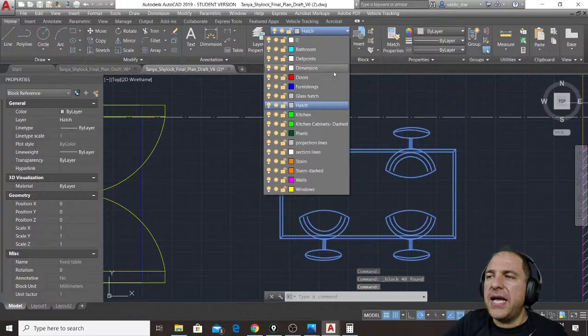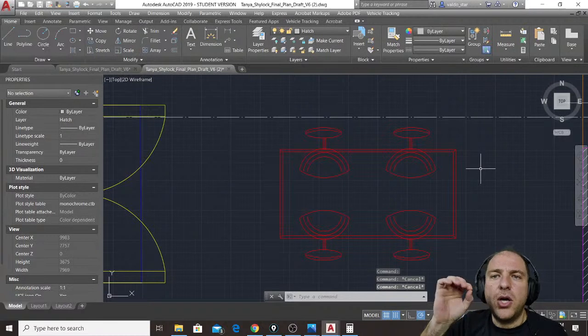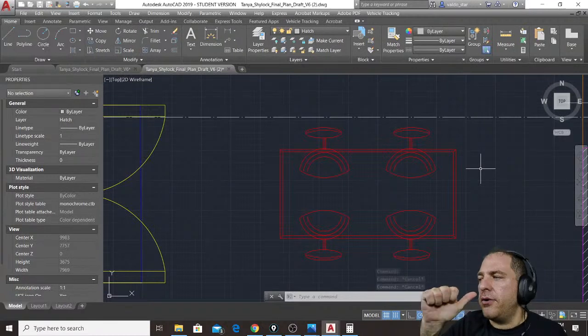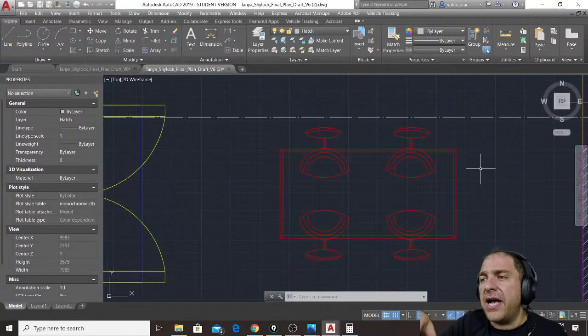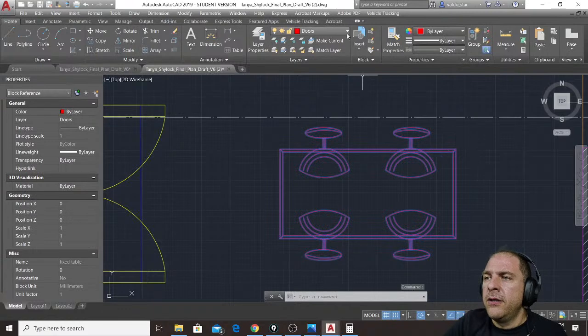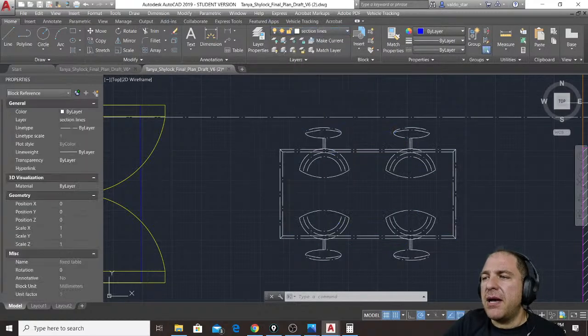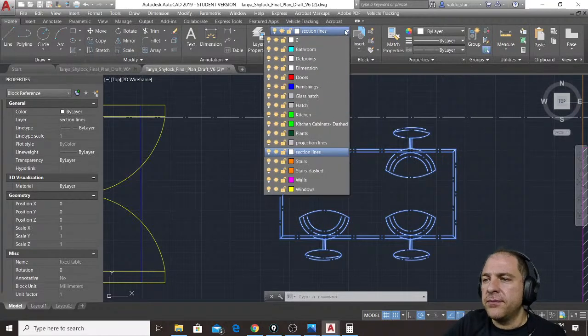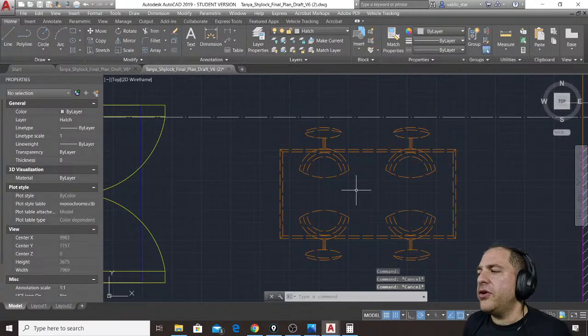Look, wherever I place my block, it will always acquire the line color, line type, and line weight of the layer where I am placing it. So now it becomes blue and continuous, because in furnishings it will become white and dash-dotted, and because it goes into section lines, it will be stairs dashed, so it becomes orange and dashed. And this is the only reason